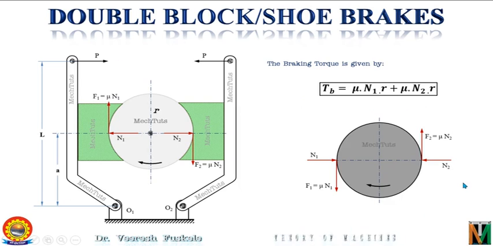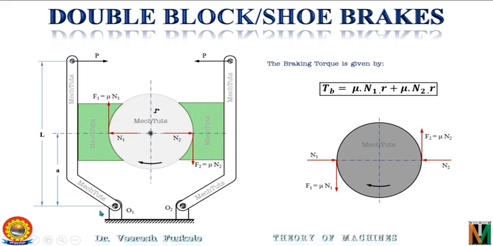So this is how you can see what are the forces that will be acting and how we can calculate the braking torque. Now to calculate the value of N1 and N2, the same procedure should be applied as it was done in single block brake. That means we have to take moments about the fulcrum point. So to find out the value of N1, we should consider the free body diagram of the left side of the lever